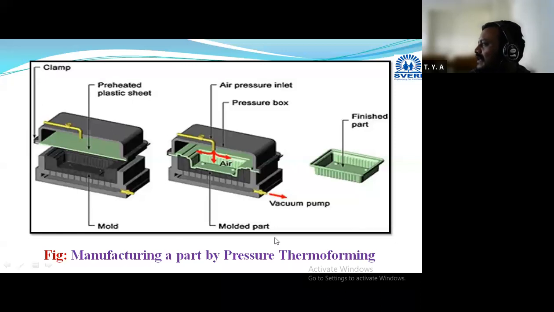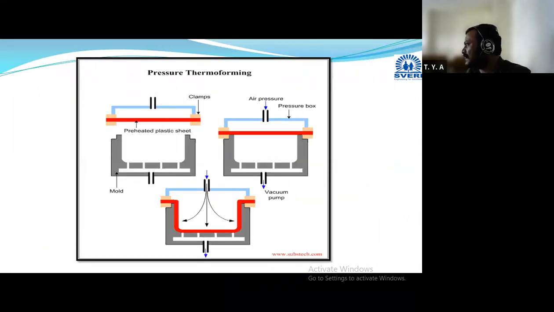We are not using any cooling medium here. Hence, we can say that we can use this process for thermosetting materials. Means from sheet, we are giving the three-dimensional shapes. Only two steps will be there: heating of that sheet and pressing. And for pressing, we are using the different medium, and depending on that, three types are there. The first type is pressure thermoforming. Already I have explained this. Then second type,